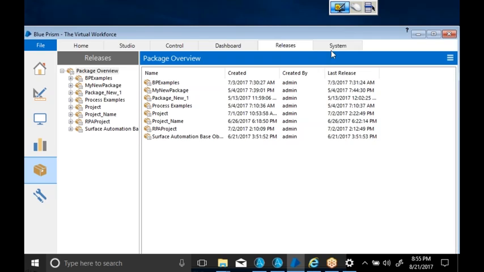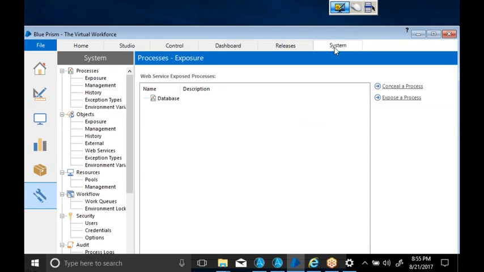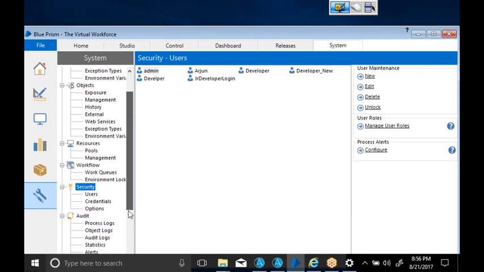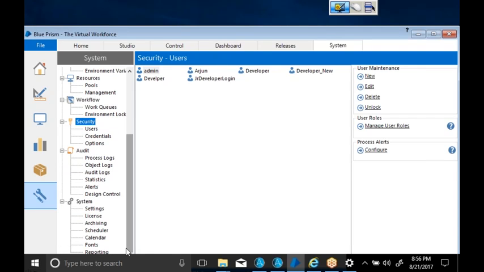Now we have the system tab, where you have different options. Here you can see the process and the object. Inside the process you have some other options, and you have the resource, the workflow, and security. This is more about settings, and the security and options of your object studio, process studio, dashboard, or control room.